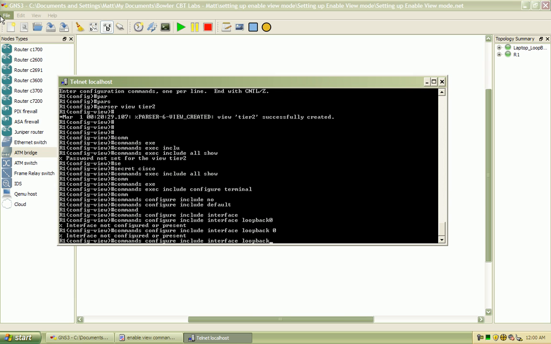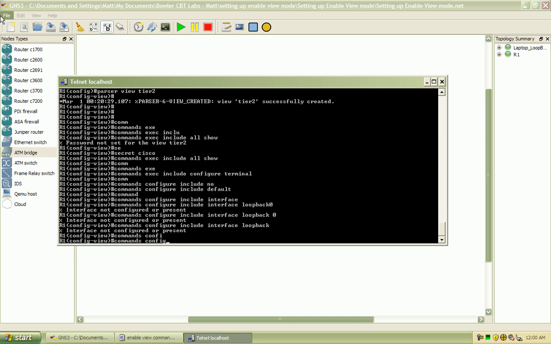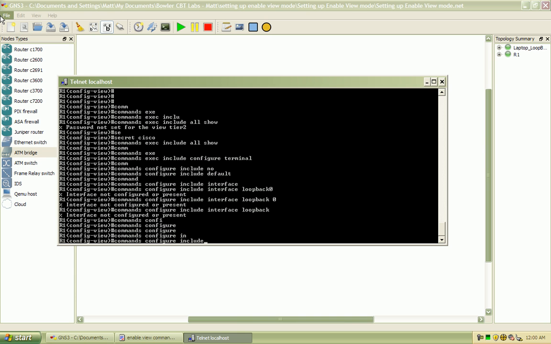Okay, the reason why it's not allowing us to specify the actual interface there is because they're not configured, but you should be able to set it up. We'll confirm that once we actually get in. And I believe you have to do that. Okay, so we'll set up configure for include